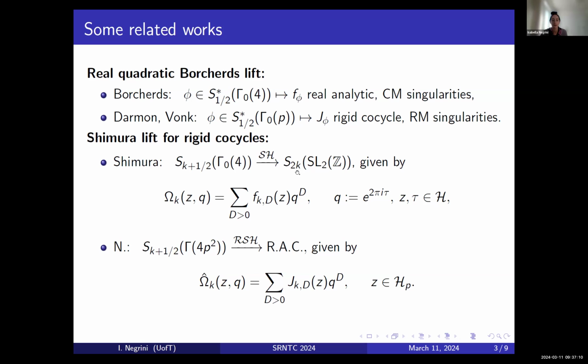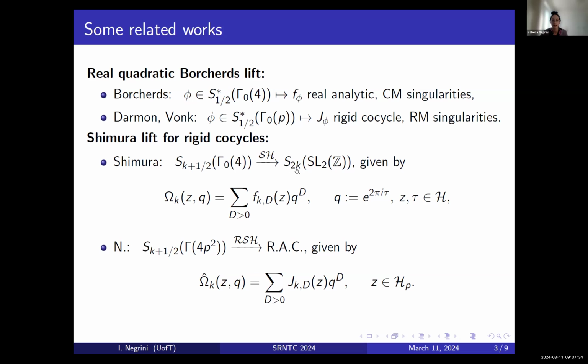So they have integral weight. We also call them the Zagier forms. And if you fix Z, then this object for Q becomes a modular form of half integral weight. So here. And so what we say is that this is a half integral weight modular form with coefficients in